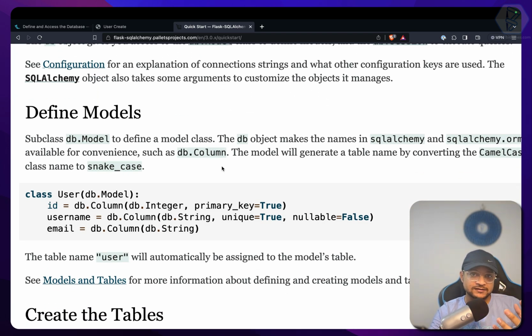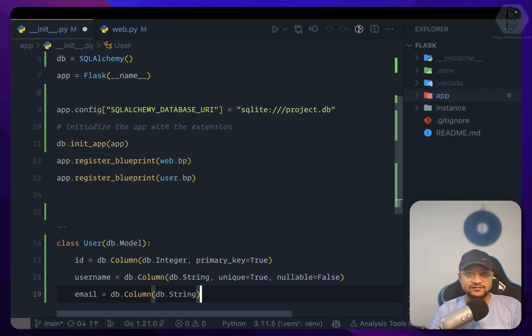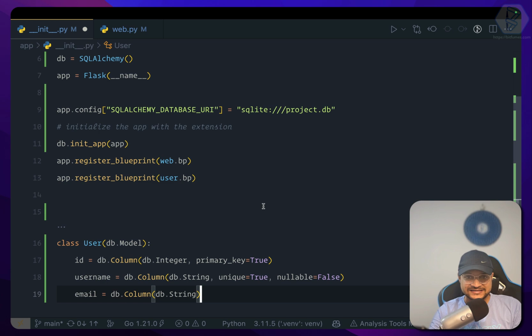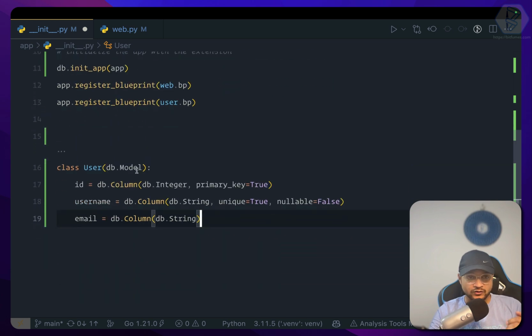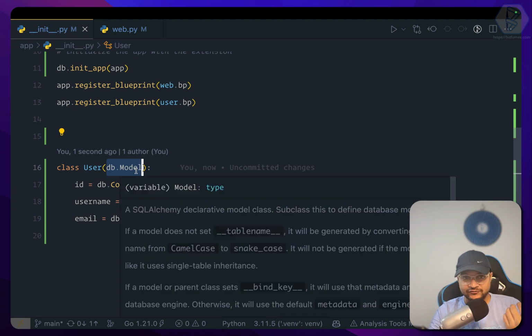Model is actually the definition of your database structure, how your database will look like. So we need to create a class, and for now, yes, we are going to create the class inside of this __init__ and see how this is working. So first of all, we need the db. That's why we have used this code inside of this init. And once we have it, we create a class called User and we pass the db.Model,